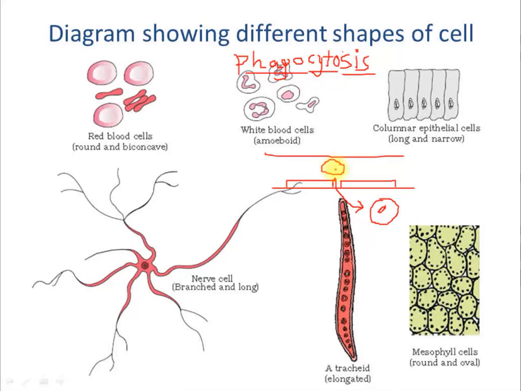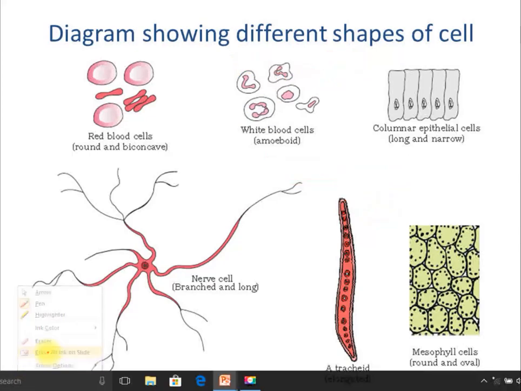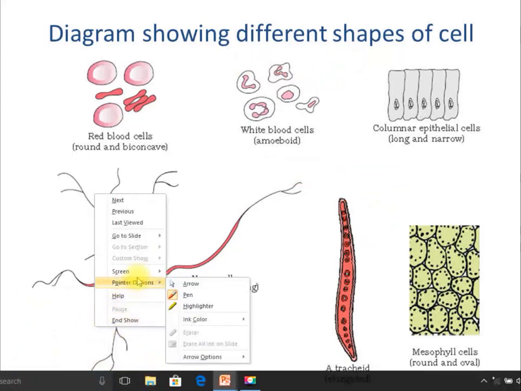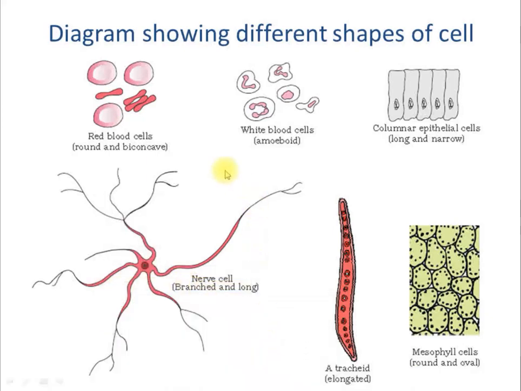It is capable of squeezing out through the narrow space between these two epithelial, you can say, endothelial cells, right? The epithelia present in the blood vessel are called endothelial cells. And you can just see that this is the movement, and now you can understand why the shape is amoeboid. Okay, so this is how you understand. If you understand the physiology behind this shape, you will never forget the importance of this shape.